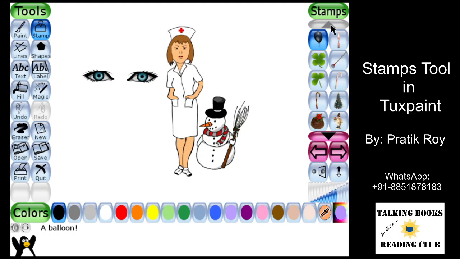The next one, we can see that we've got some seasonal items here, which we use in seasonal festivals. So we've got Santa Claus, we've got reindeers, we've got, you know, pumpkin, for Halloween. So there are plenty of options here as well. Snowman is there, so you can celebrate your winter.